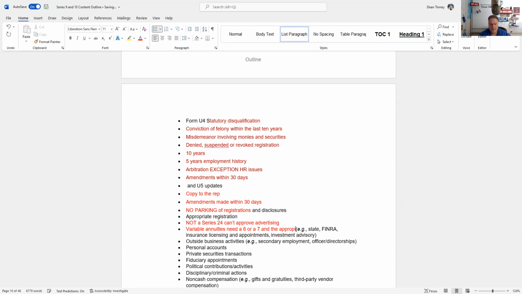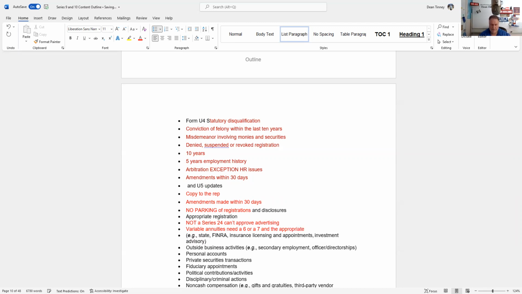And then another thing we should know is there's a lot of times where people want to split commissions. And I say, well, I don't want to go get a 6 or a 7. And we should definitely know we don't give concessions, discounts, and allowances to people who are not registered. So if this person just has a traditional insurance license and no 6 or 7, they can't split commissions with a 6 or 7. So we have to make sure they're blue sky to the state. And that's going to be a series 63 if they're just representing, there's some states that don't require that. With a 63 or 763, all I do if I work for you, you're my 9 or 10, is I represent the